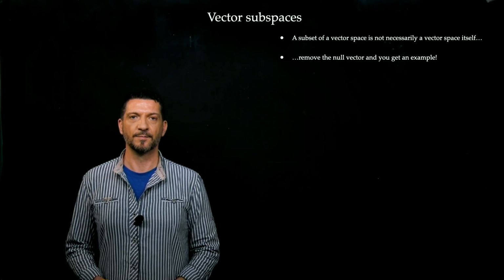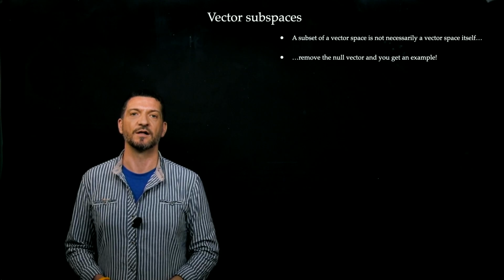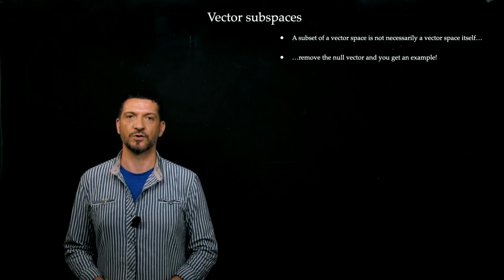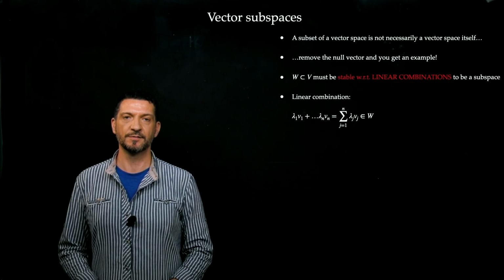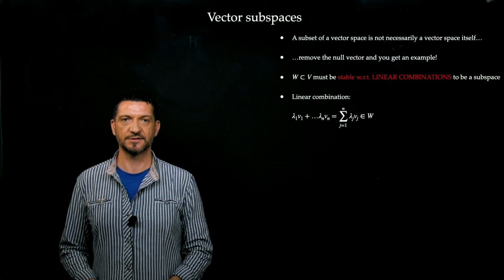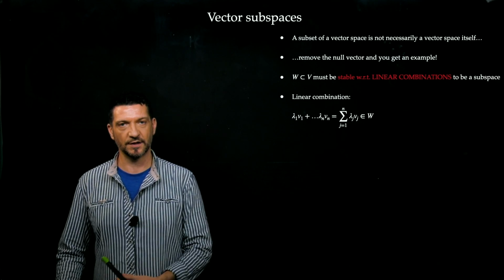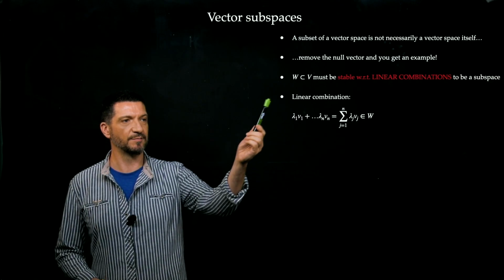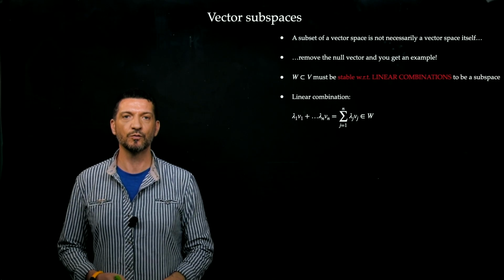The easiest example is given by the vector space itself without the null vector. What remains is not a vector space. Luckily for us, there is a very simple characterization of subsets of vector space which are vector spaces themselves, and so vector subspaces, which is given by the fact that these subsets of vectors must be stable with respect to